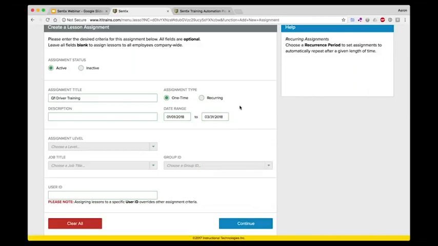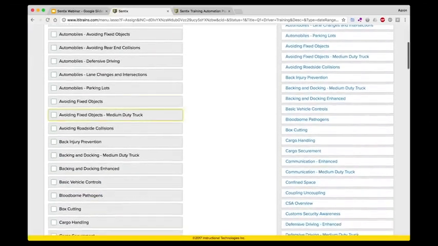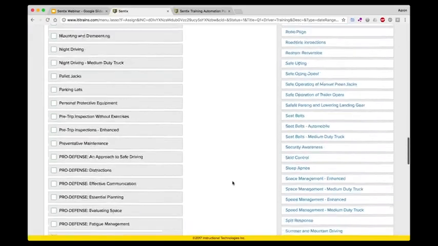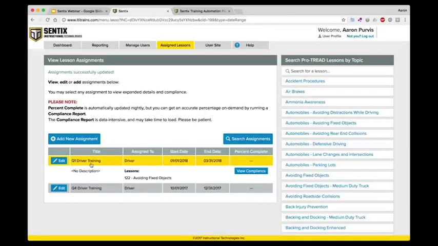And again, I specify I want it to be for drivers. I hit continue, and let's see what's a good assignment for that. Avoiding fixed objects. How about that? I'm just going to pick the one lesson, click save, and now I have quarter one training pre-scheduled. Now I can do this for the entire year. I can do it for any time frame I want. It doesn't have to be by quarter. Obviously, it can be monthly. I could do it by just 15 days, whatever I want,